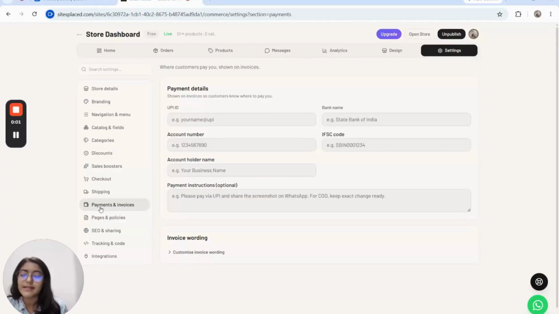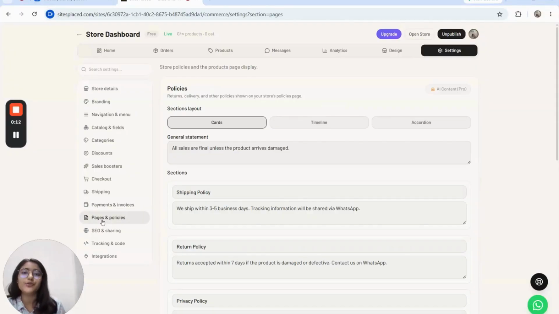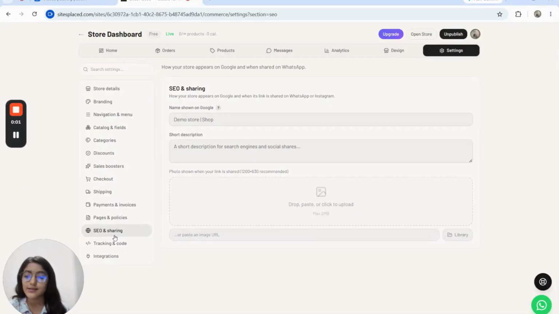Now, in payments and invoices, it helps you manage payment gateways and invoice generation for seamless order processing. And after this, pages and policies helps you create important pages of policies and terms and conditions to build trust and provide essential information. Then, SEO and sharing helps you improve your store's visibility on search engines like Google.